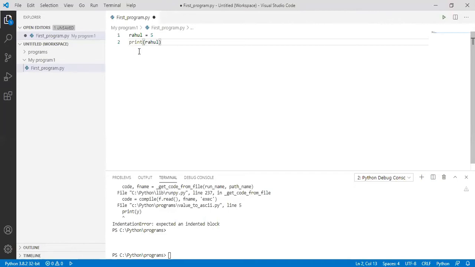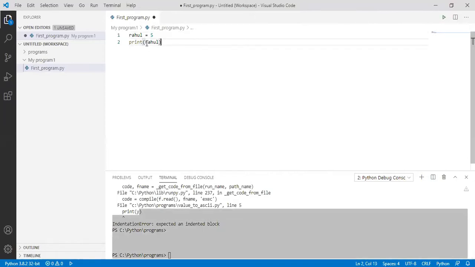Print is a command which is used to print our declaration. See, this is my input window and that is my output window, right? Whatever my input is, the output we can see in this part.